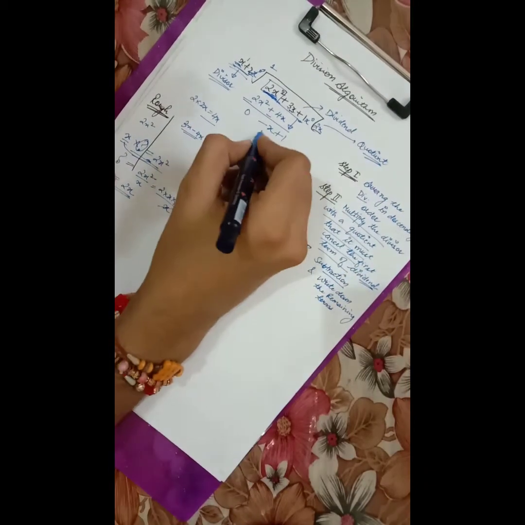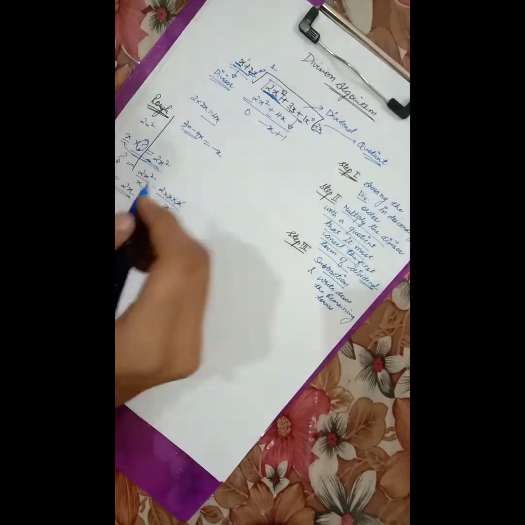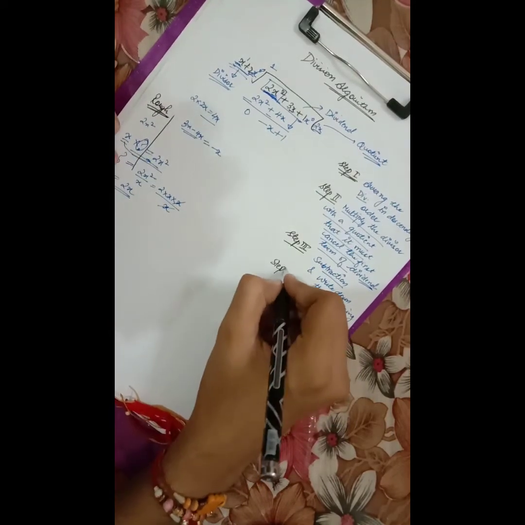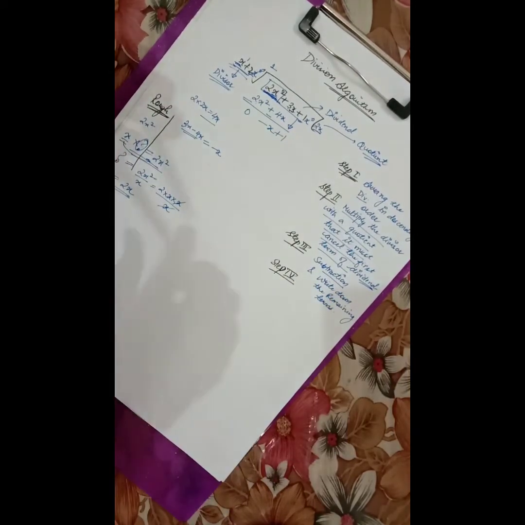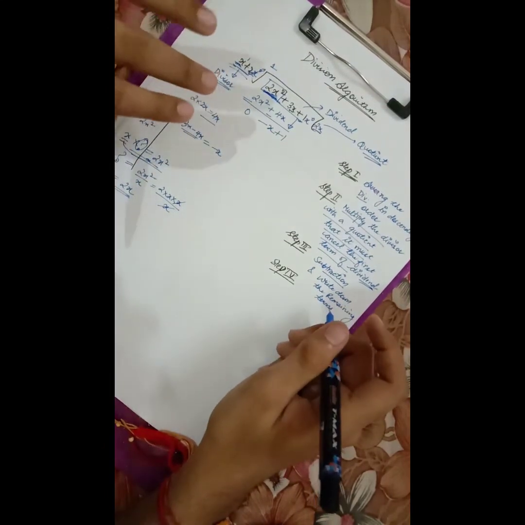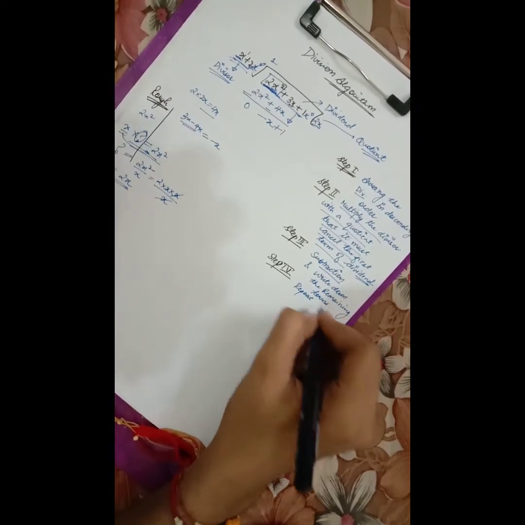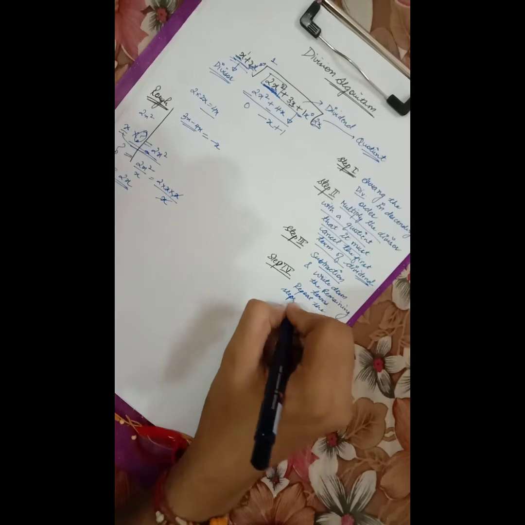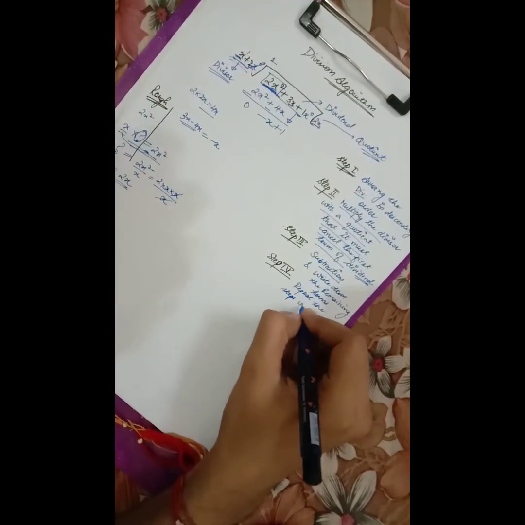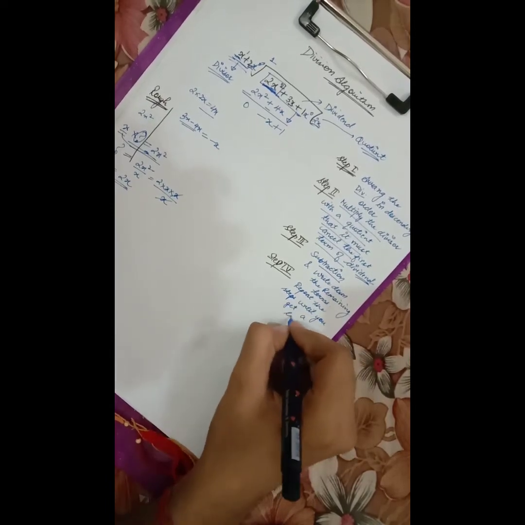So now this comes out to be minus x plus 1, and here we have the divisor x plus 2. So we have to repeat the steps again, for the division we have to repeat the steps until we get a remainder that has a lower degree than the divisor. That means we have to repeat the steps until you get a lower degree term.